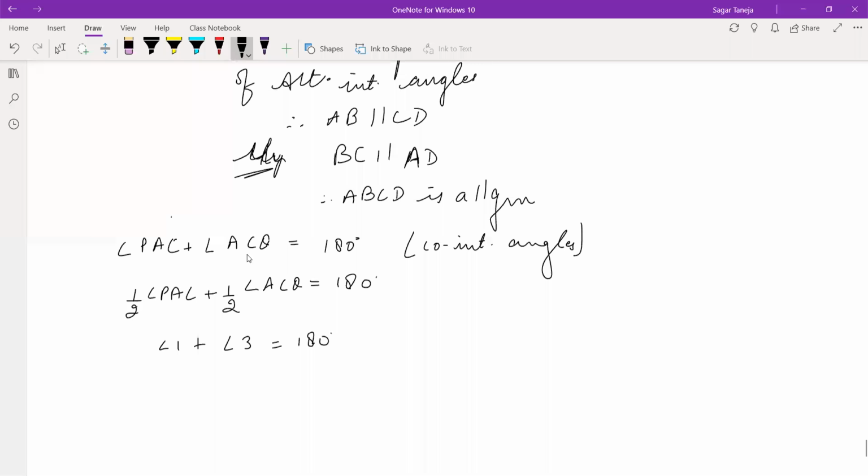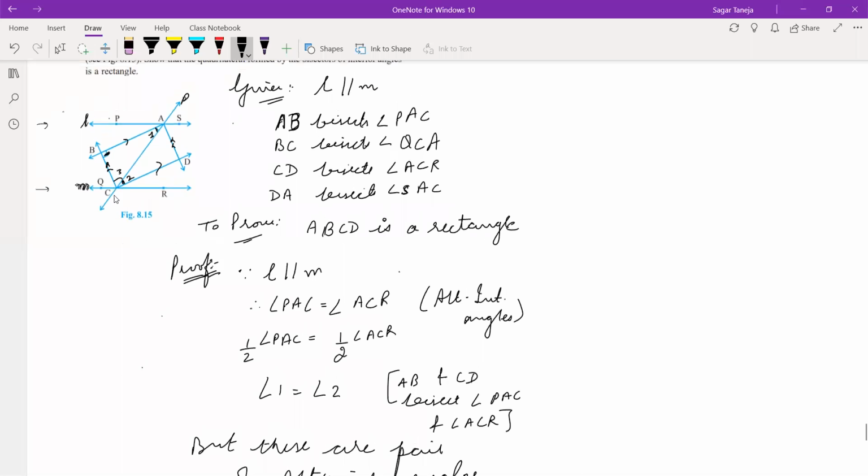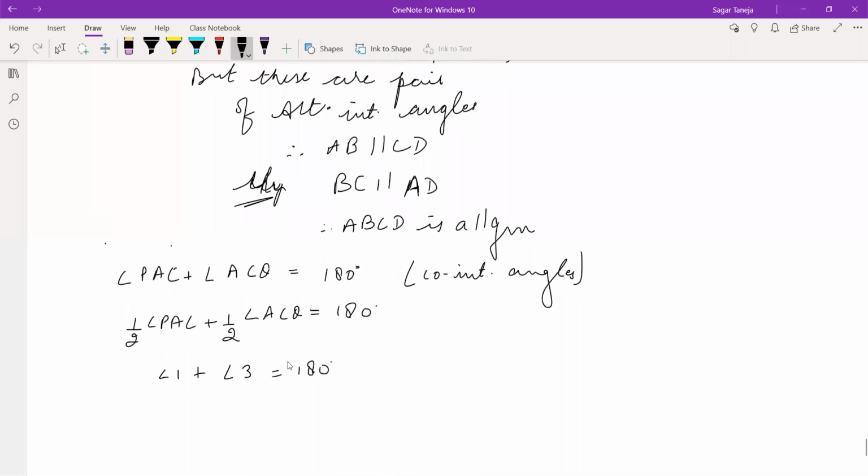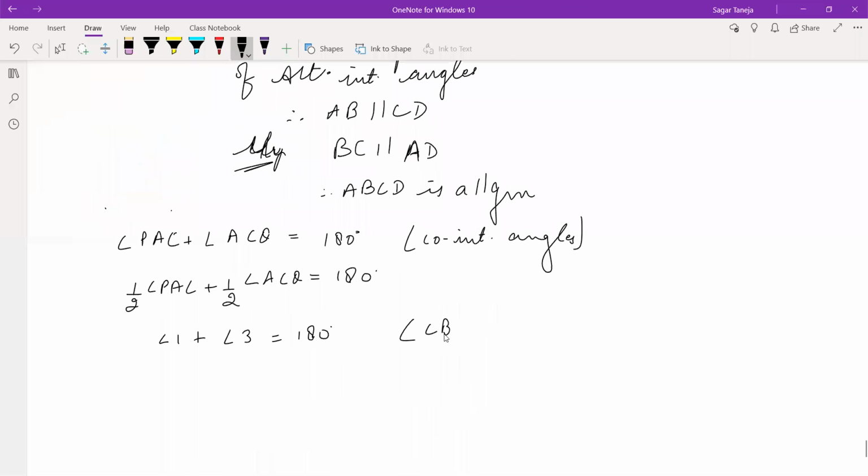For PAC, we have earlier given the reason. For ACQ, we can write the reason that CB bisects angle ACQ. Therefore, half of this will be 3. Now 1 plus 3 is 180. Now by angle sum property